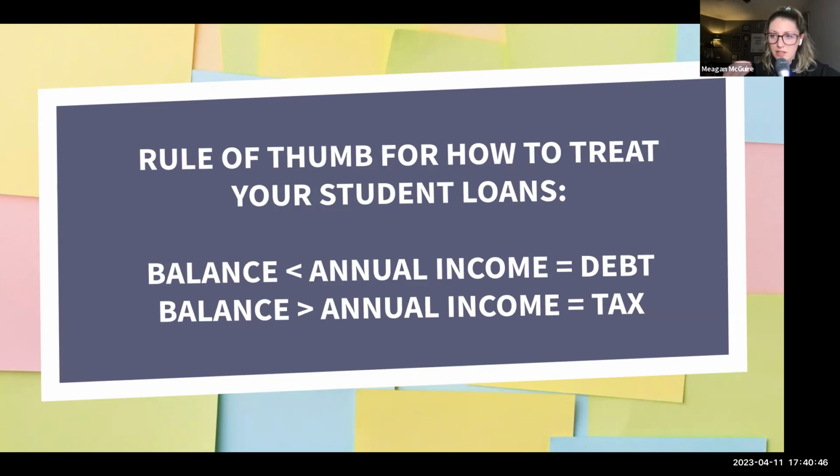You want to pay as little as possible towards those loans, and we want to maximize how much we can get forgiven later. So there's no reason to be paying extra on the balance or the interest or throwing lump sums at the loans if you're trying to go towards loan forgiveness. That's a waste of money because that's not getting you to loan forgiveness faster. So you just want to pay what's required, the monthly payment each month on time in full, and that'll get you to PSLF very efficiently.